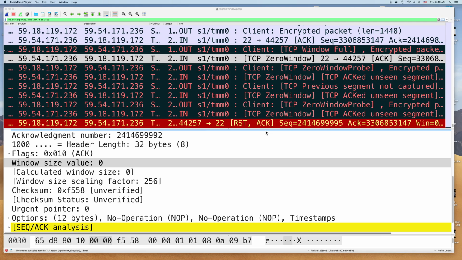And eventually the BIGIP resets the TCP connection to the server, because the server did not open up the receive window. So the BIGIP can no longer send the data to the server and has to reset the connection. So this is a connection on the server side,